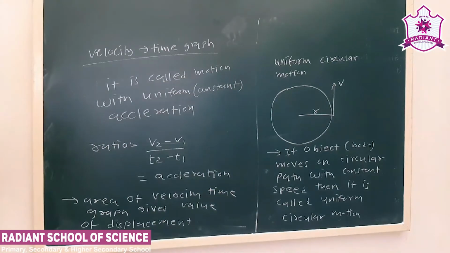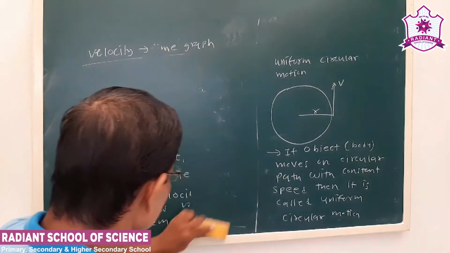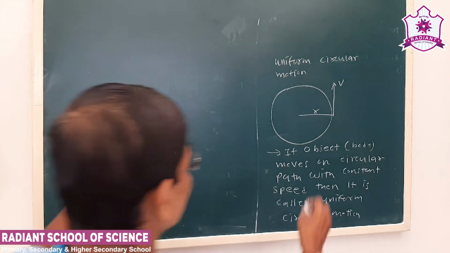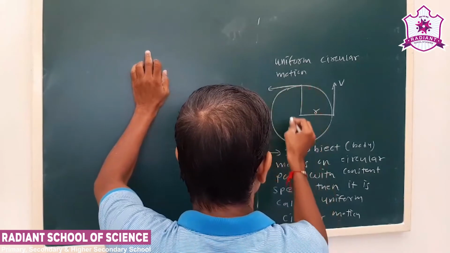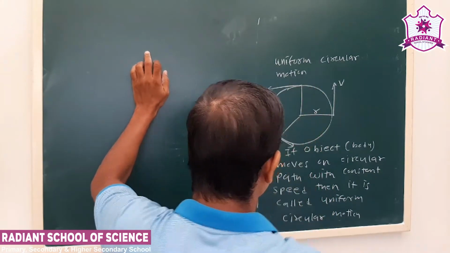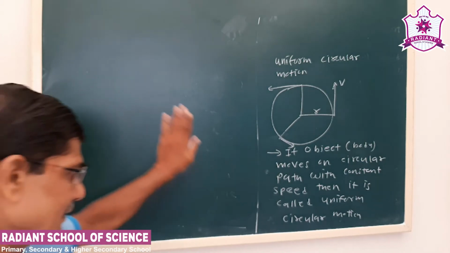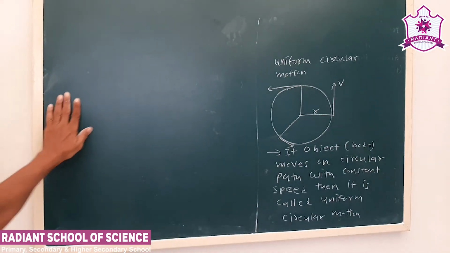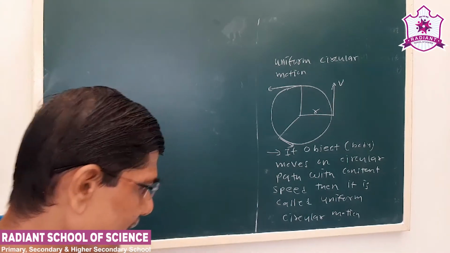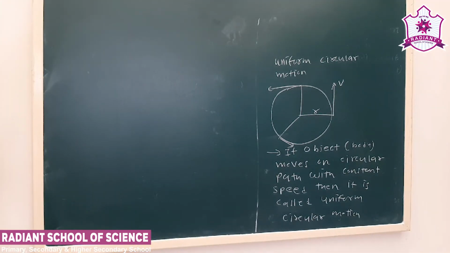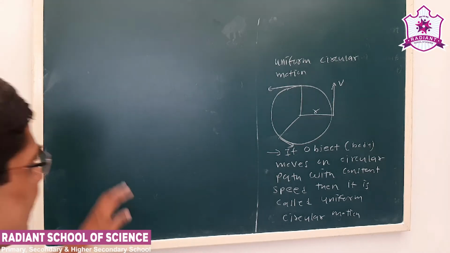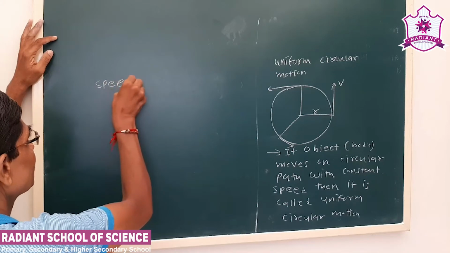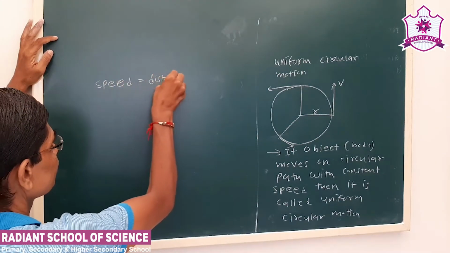Right now it is not that important, but here the value of the speed will be the same, but you see the direction of the velocity is continuously changing. That's why it is called accelerated motion. Right now we do not require this, but what will be the speed here? Speed is distance upon